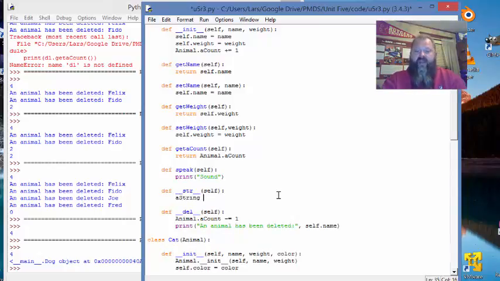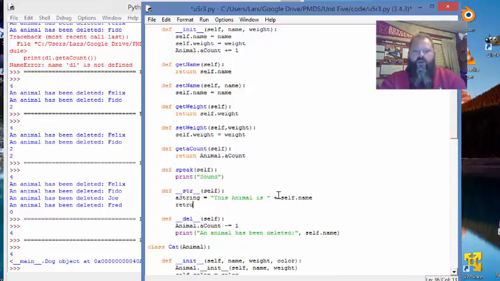We'll call it a string, and we'll say this object. Actually, we know it's an animal, so I'll say this animal is, and then print the name. But I'm creating a string, so I'm going to concatenate. And I'll just say self.name,